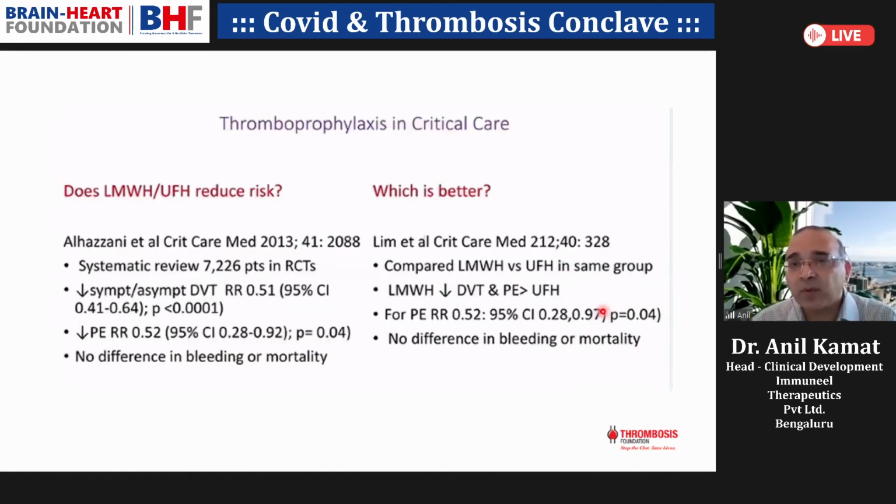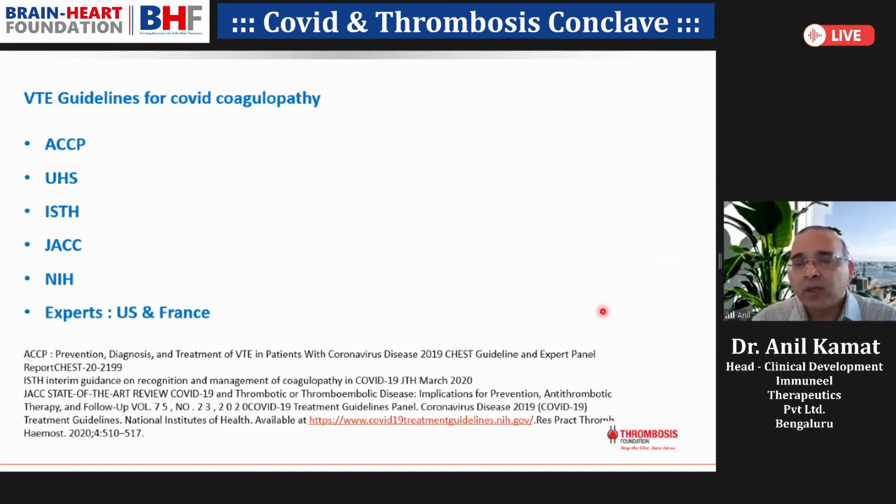And this is not just from COVID, this is from the pre-COVID era, where there is universal thromboprophylaxis, which has shown that it reduced the incidence of DVT and PE by more than 50%. And between the low molecular weight heparin and the conventional unfractionated heparin, there's plenty of data that shows that low molecular weight heparin is better. So there is nothing new in that. The issue is how